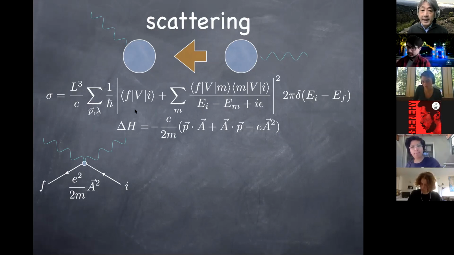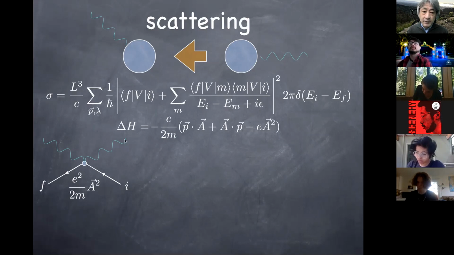In this case, V is basically A squared, which contains two annihilation operators, or two creation operators, or the cross term of one annihilation and one creation operator for photons. So using this A squared, the initial state has one electron and one photon. Then A can annihilate one photon in the initial state and create another photon for the final state. And the final state photon may be in a different direction from the original direction of the photon,